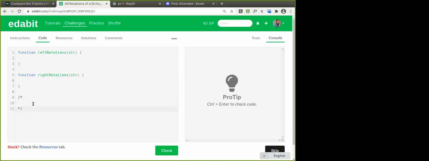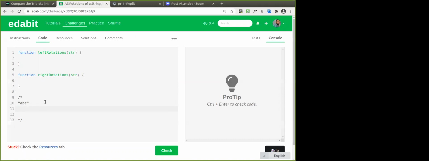Splicing and adding, slicing. Okay, fine. You can slice it. Good. So in what way are we going to slice it? What is the logic actually for that one? Yes, the basic logic is that, given a string like A, B, C, shift and push. Okay, there's another answer coming from Kushal.